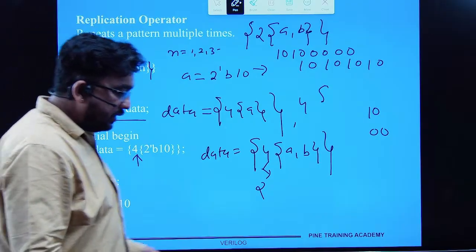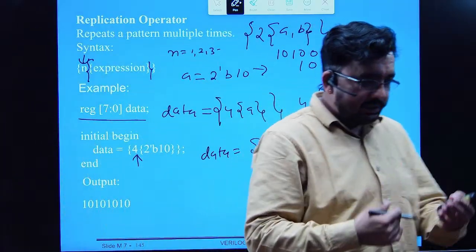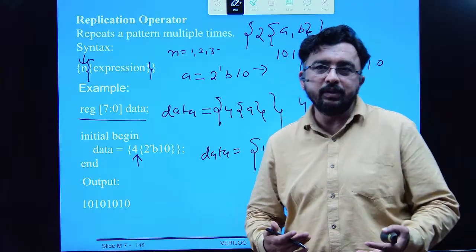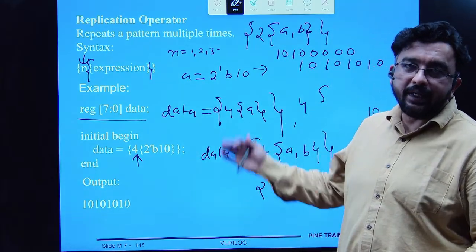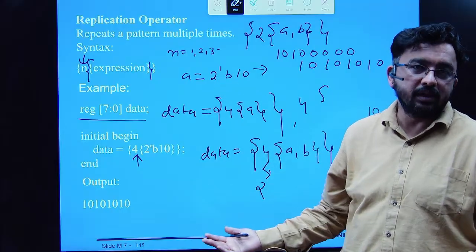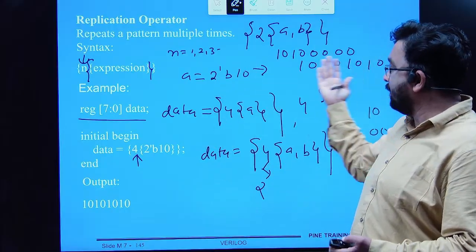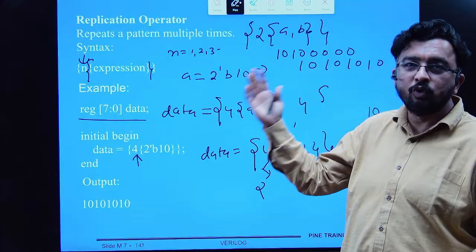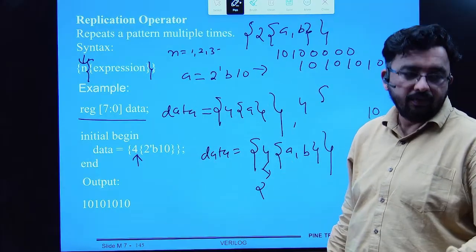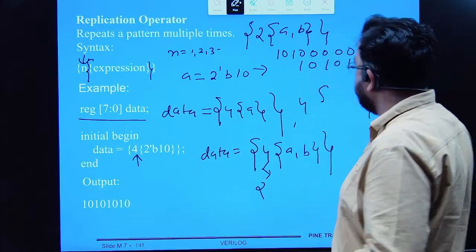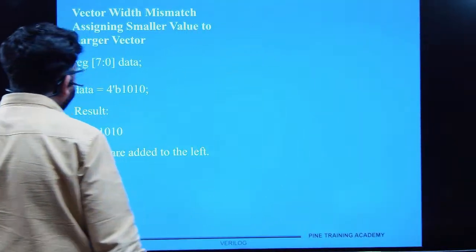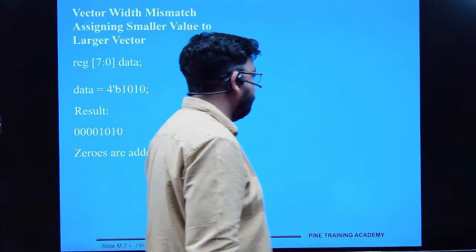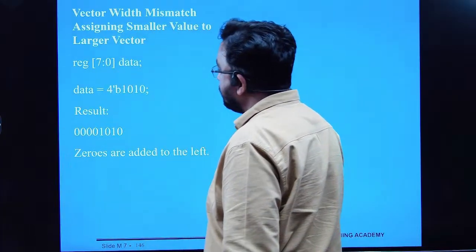ठीक है, ओके, तो मैंने जैसे स्टार्टिंग में बोला था कि बेसिकली कॉन्केटेनेशन एंड रेप्लिकेशन दोनों एक साथ भी यूज हो सकता है और अलग अलग भी यूज हो सकता है। ओके, तो अगेन ये कहीं ना कहीं वेक्टर के अंदर काम कर रहा है। ओके, ग्रुप ऑफ डेटा, तो कहीं भी आपको ग्रुप ऑफ डेटा दिख रहा है, दैट मीन्स अ वेक्टर। ओके, वेक्टर विथ मिसमैच। ओके, मैंने शायद स्टार्टिंग में कवर किया था।